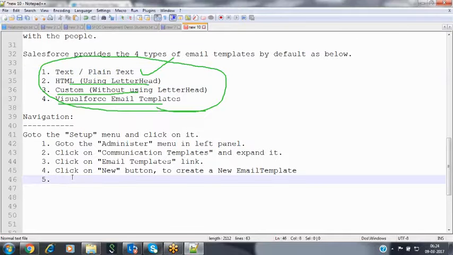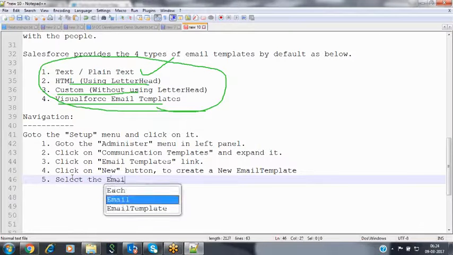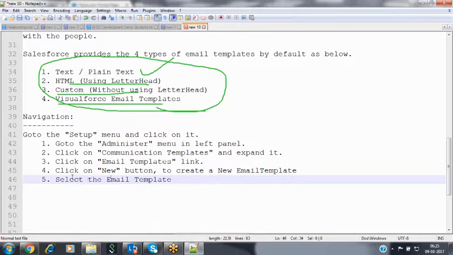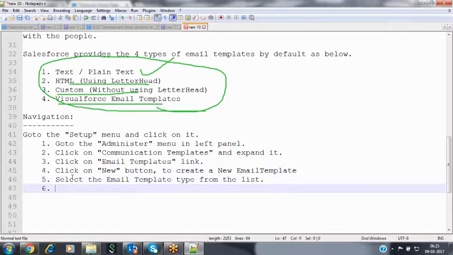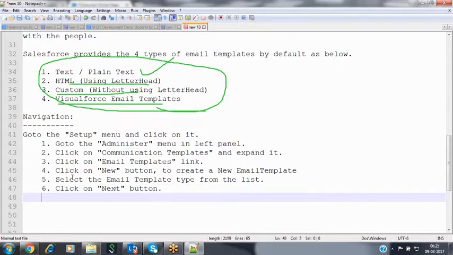Now, select the email template type from the list. After selecting the email template type, click on the next button.